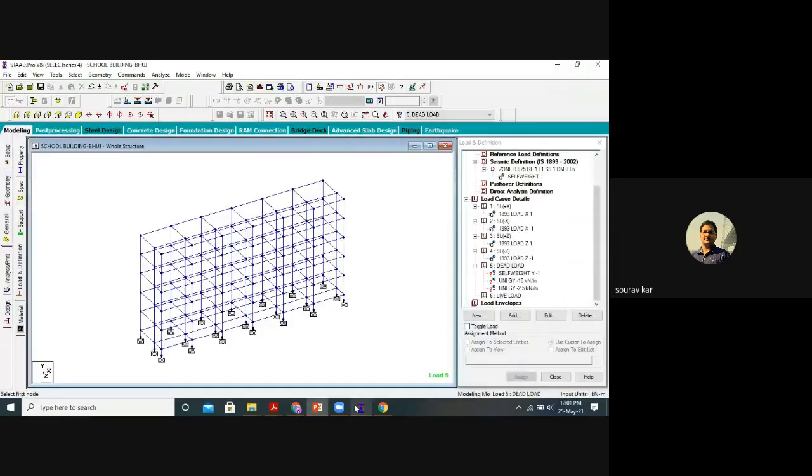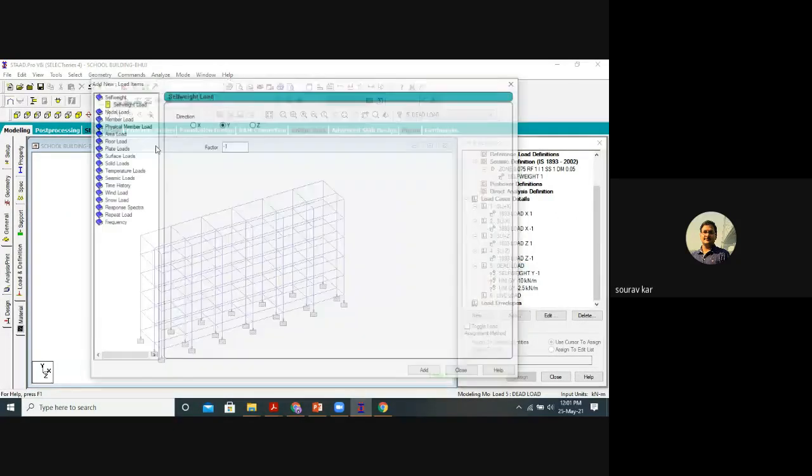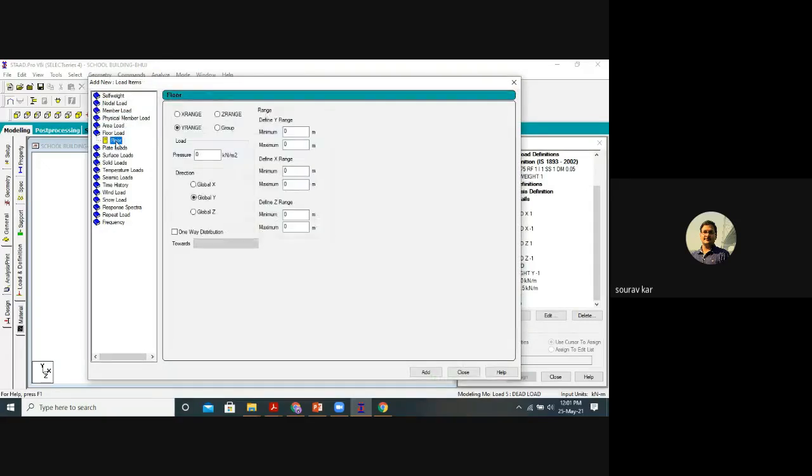Now coming back to the point, I'm adding. So let me take the height first. Our height is 16 meter, because I have taken the plinth level. For dead load, we have to add floor load. Now we are providing the load for the slab. Floor load pressure is minus 5 kilonewton per meter square.